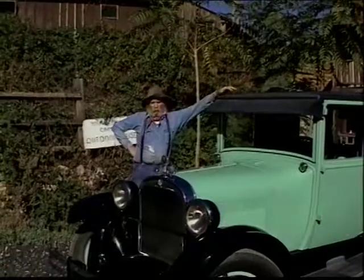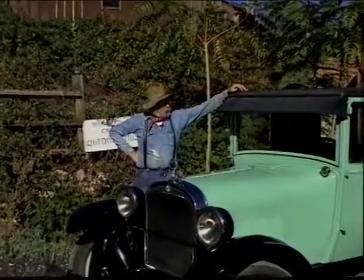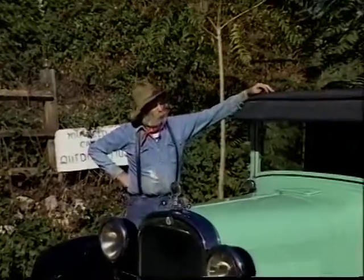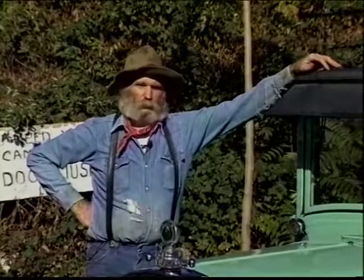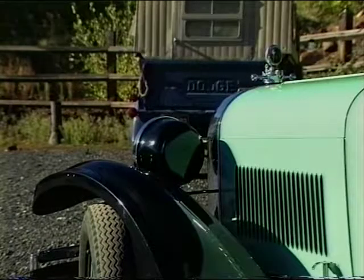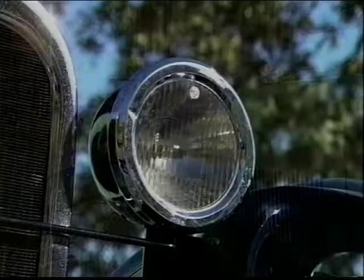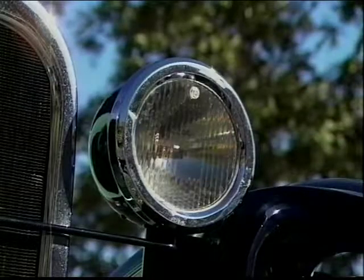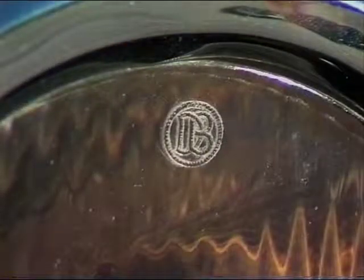Well, this is our little 26 Dodge Brothers half-ton pickup, and it's my wife's pride and joy. She's a Dodge truck collector. She drives a new Dodge diesel truck herself, and she picked this out a couple of years ago at a car show in Prescott, Arizona. And the guy had it for sale there because the traffic in Prescott's getting pretty rowdy over there, and this